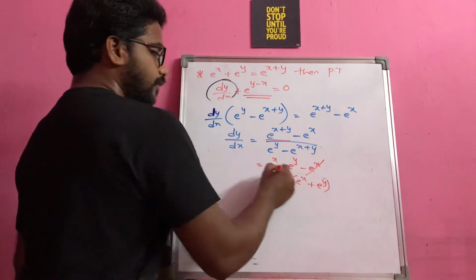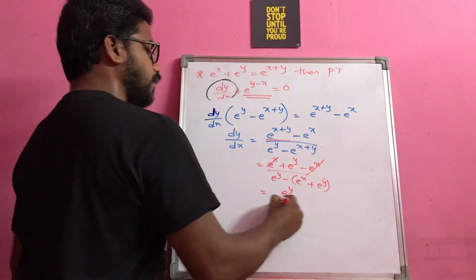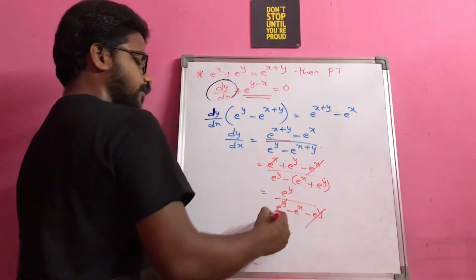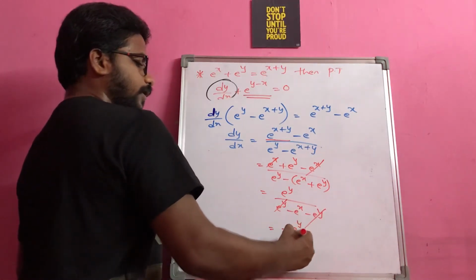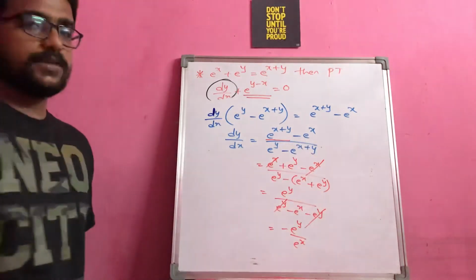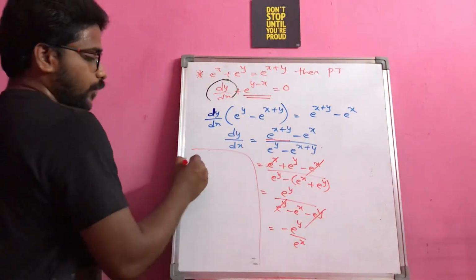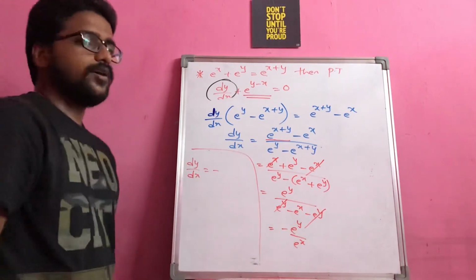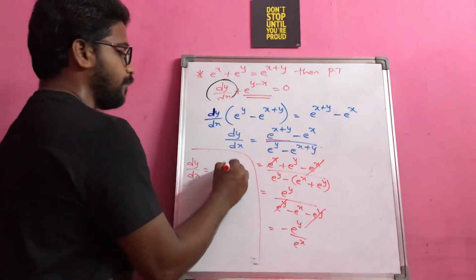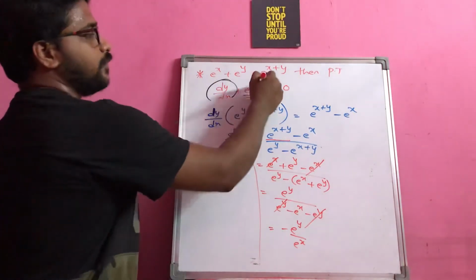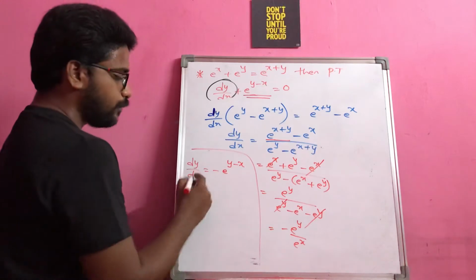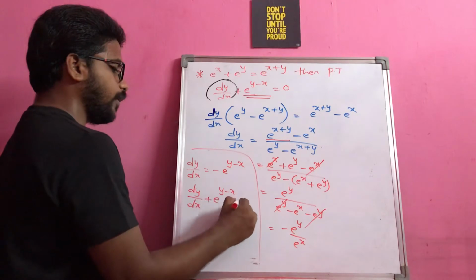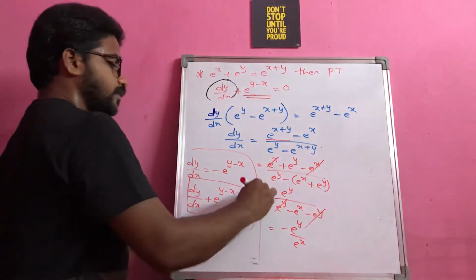Now see, straight away you can cancel out e power x. So in the numerator e power y will be left out: e power y minus e power x minus e power y. So finally you are getting minus e power y by e power x here. So that means you are having dy by dx is equal to minus. This is of the form a power m by a power n, a power m minus n. See, you got your required term. So if you just bring it to the left side, you will be getting dy by dx plus e power y minus x is equal to 0.